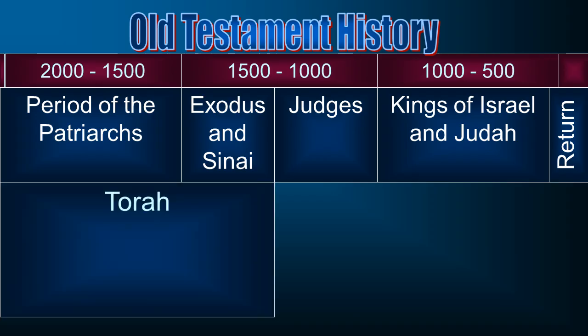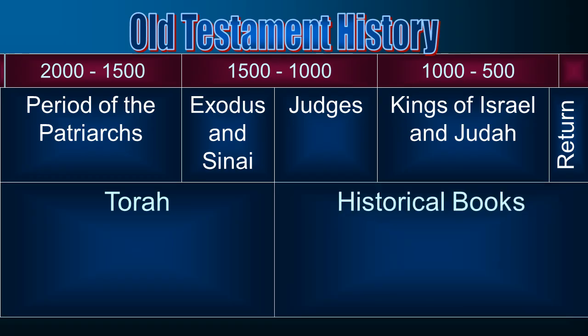Now, we have in the biblical story then, the Torah, the Pentateuch, the first 5 books, are going to take us from the beginning, from creation, all the way through the Exodus and Sinai and going into the Promised Land. And then the historical books are going to give us everything else, from Joshua all the way to Second Chronicles, which will tell us all the way through the return, and then Ezra, Nehemiah, and Esther. We already mentioned those. That's all part of the historical books. But that's not the entire part of the Old Testament.